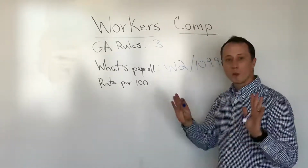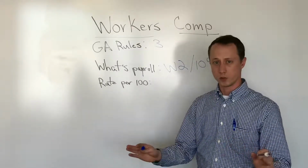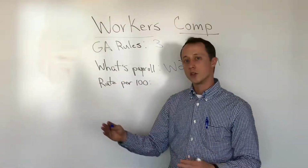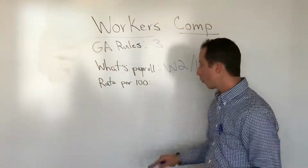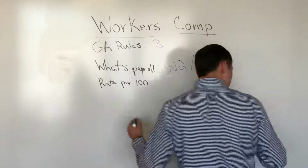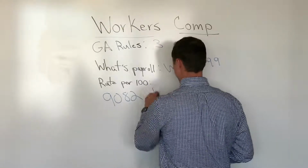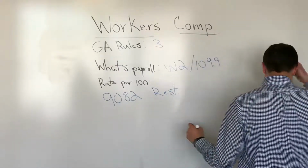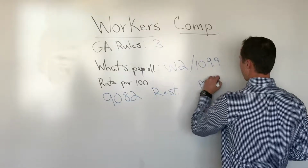All right, let's talk about how an actual workers' comp policy is rated. Every classification, there's class codes. So if you have a restaurant, to an insurance agent, to carpentry, there's a class code for every vocation. Those class codes base what's called a rate per 100. All right, so in this example, let's use class code 9082. That's a restaurant. All right. And for this example, this is a policy I just wrote for a client recently. The rate per 100 is